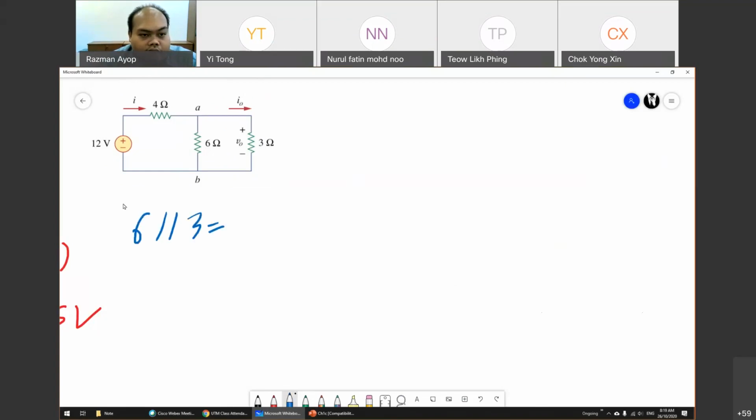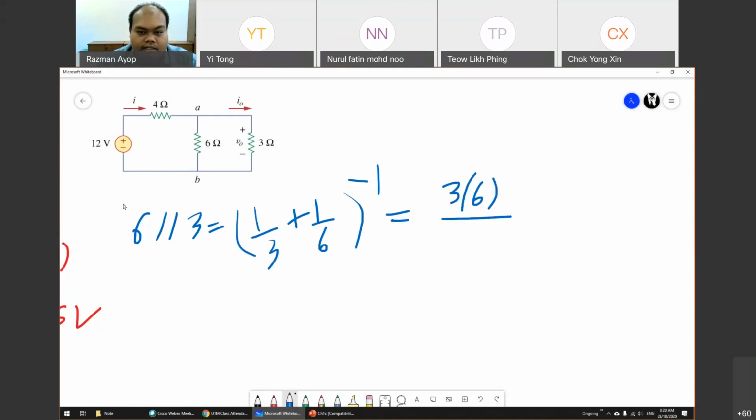For this, you can use two methods. Last week, I think I only showed you one method: 1/3 plus 1/6, then inverse. But there is another way to solve this. This one is 3 and 6: 3 multiplied by 6 divided by 3 plus 6. So this formula is actually